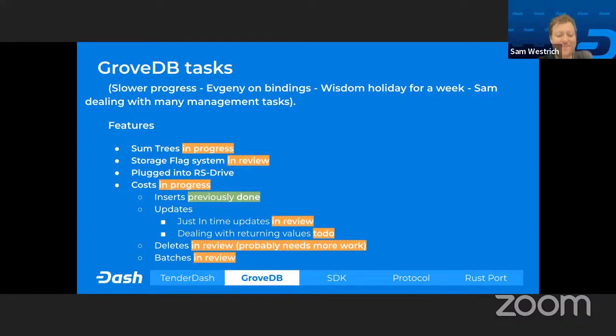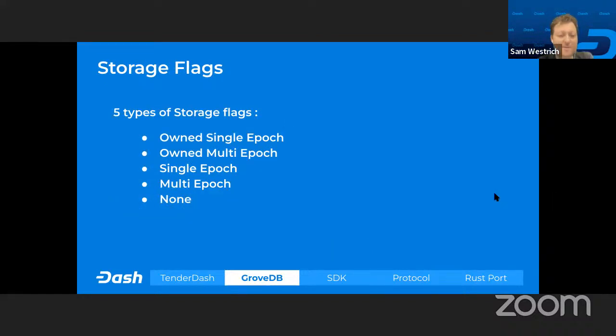However, I do believe that there's going to be more work there because we haven't yet written the tests for deletes, so we definitely will have issues. Batches seem to be working now. I mean, the cost for batches seems to be working properly now, and I'm going to talk about that in the next slides. So let's go to the next slide and I'll start talking about storage flags.